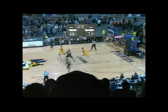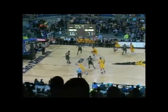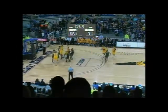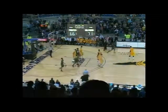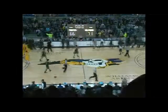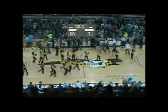They give it to Sherrod. Jontae's got to go in a hurry. Jontae with the ball into the front court. 9 seconds to go. Jontae holding on. Darius Morrow will take the jumper and miss it. Rebound Jacksonville. 2 seconds to go. 1 second. There's the buzzer. And the Jacksonville Dolphins have come into Greenville, and they've knocked off the Pirates 71-66. And Jacksonville advances